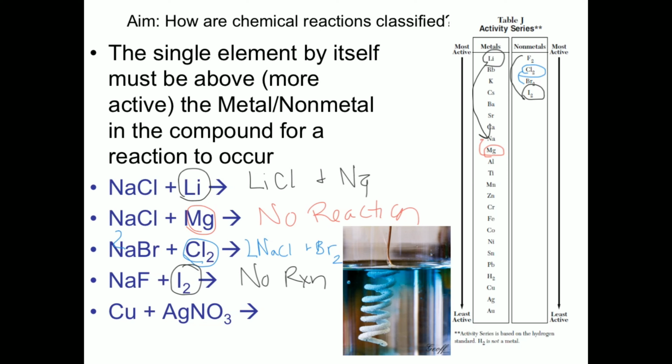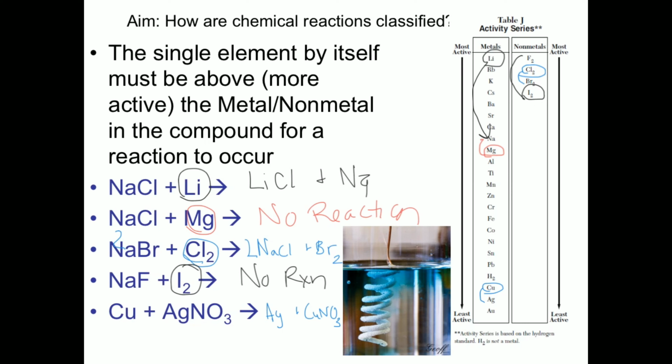In the final reaction, we want to compare copper to silver. Notice copper is more active than silver, so it can replace silver in a reaction. Since this reaction occurs, you can see in this picture we have a piece of copper wire suspended in some silver nitrate solution. In this reaction, the copper atoms in the wire are changing places with the silver ions in